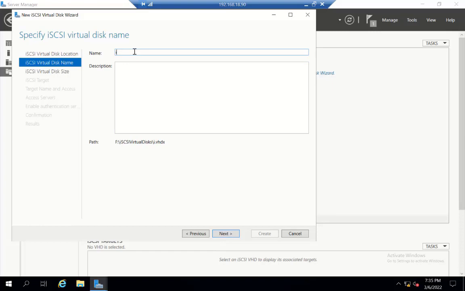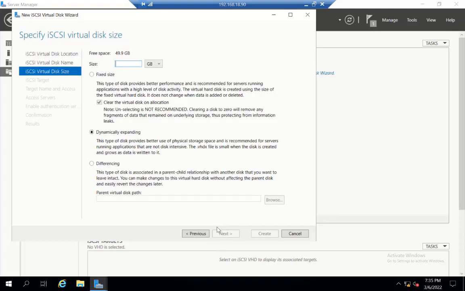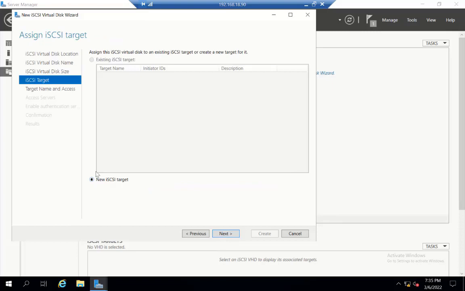Now this is the path which I will use for connecting my NAS. Here I will assign this storage. I will assign 40 GB right now, select the default options and click Next. Again, if I like to merge with any previous iSCSI target I can do that, but in my case I will create a new iSCSI target as we don't have any. So I click on New iSCSI target and click on the Next button.